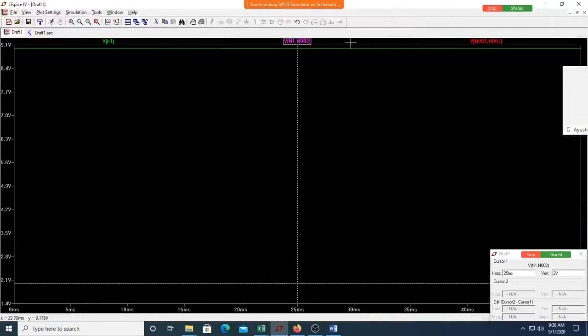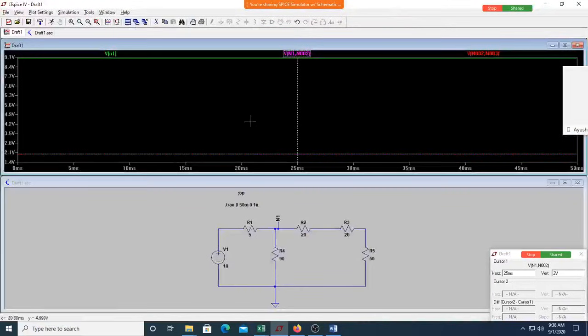Why are they overlapping? Because the voltages are the same, no? This is also 2 volt, that's also 2 volt. You cannot see 2 volt at different points, so they are actually overlapping. Correct? Can't we change the color of that line? Even if I change the color of this line, it will be the same, no? Because on 2 volt you're getting the same thing.